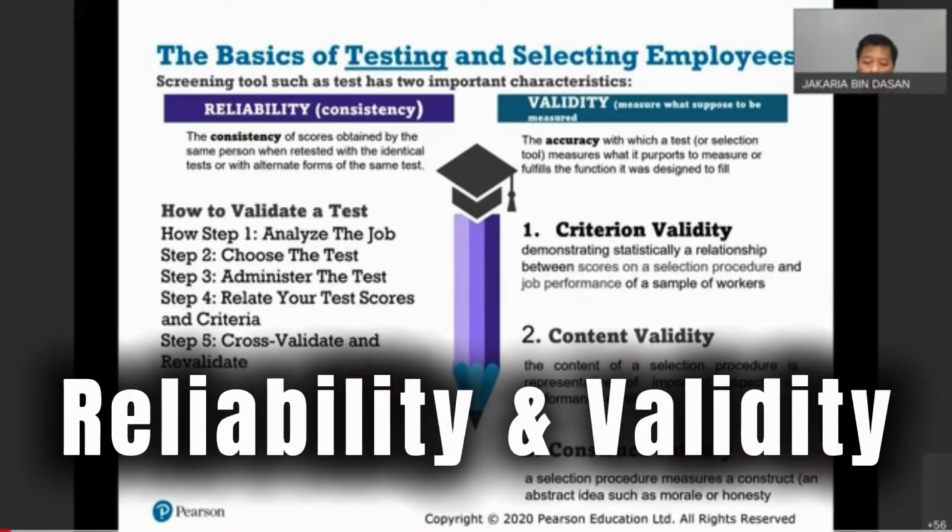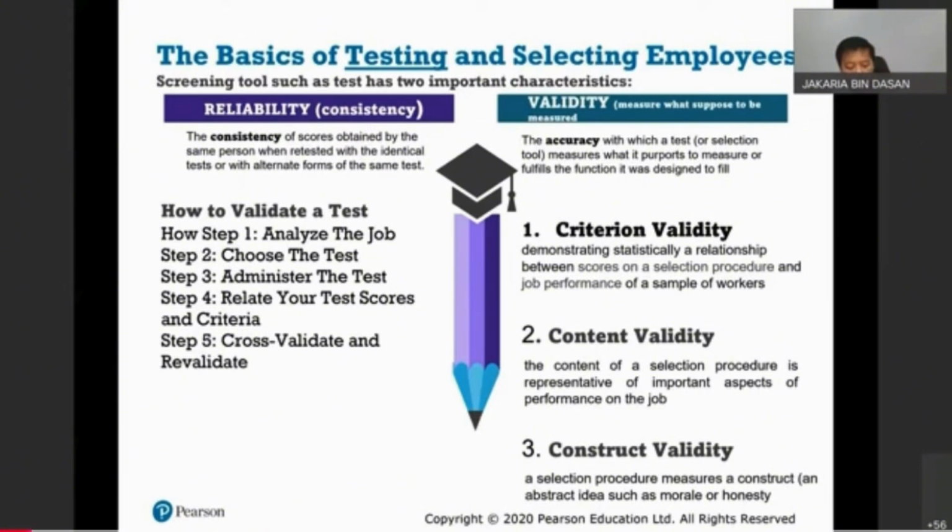We need to be able to identify which of the testing is actually viable or good to be used in testing the candidate to be called for interview and so on. So reliability here means consistency. We want to use only test tools which produce reliable data, reliable output or reliable result. Based on that reliable data or result, we will get the validity of the tools, and only then we can use those tools for selection.